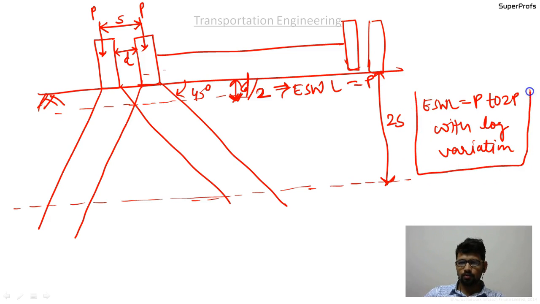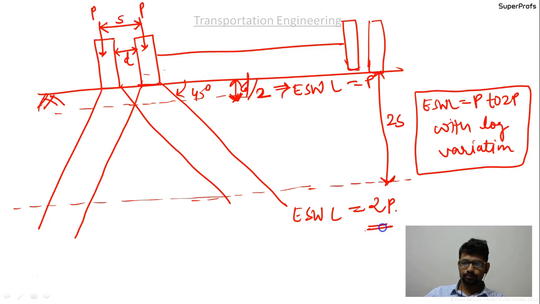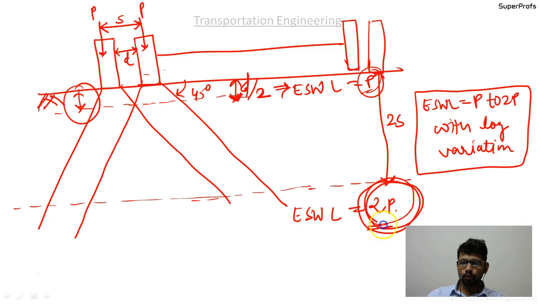In this region, the equivalent single wheel load varies from P to 2P with log variation, and the equivalent single wheel load beyond 2S is equal to 2P. So up to this distance, that is d by 2, it is P for sure. Here, beyond 2S, it is 2P,